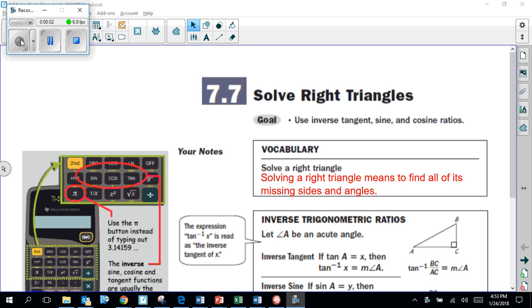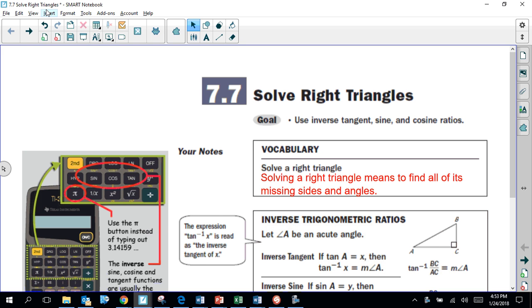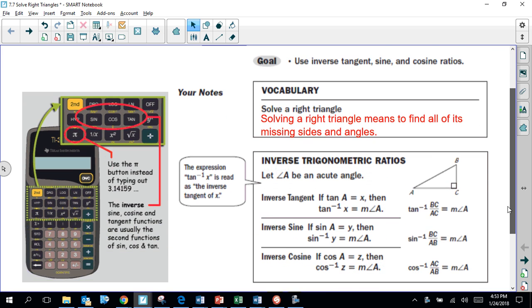Hey everybody, this is Mr. Piercy. What we're going to be taking a look at in this lesson is how you solve right triangles using trigonometry. Generally speaking, whenever you're asked to solve a right triangle, the expectation is that you're going to find any